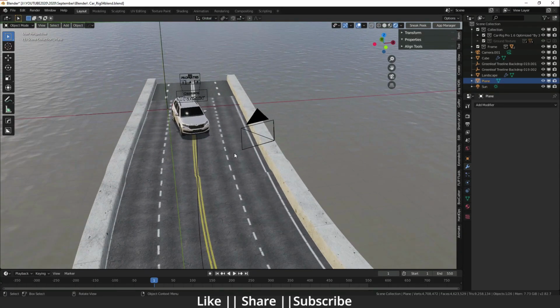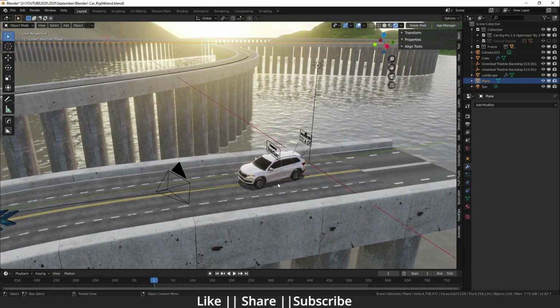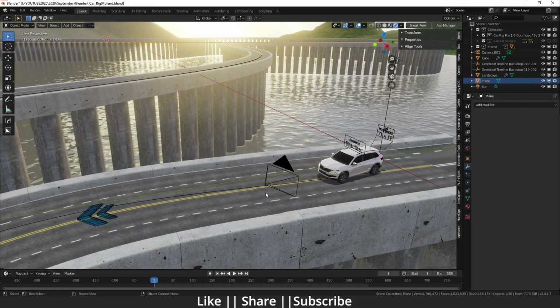First of all, I just want to show you one animation which I have created using the Car Rig add-on. So just have a look at that video, and then I will show you how you can make that kind of animation using the Car Rig add-on. In this part I will show you how you can link your car model parts with the controllers.